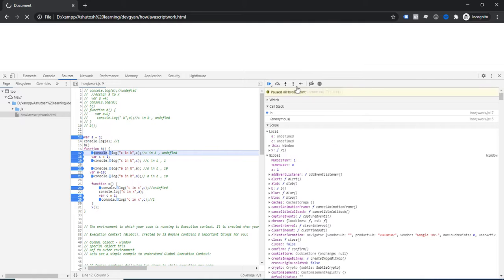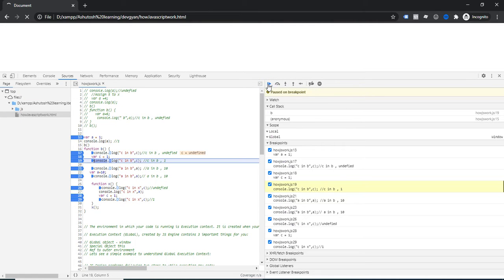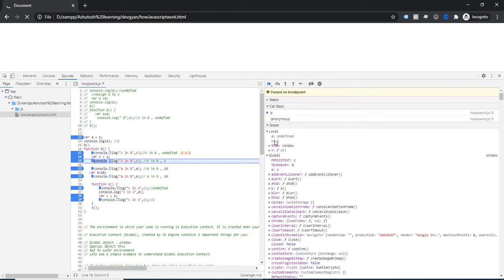Now if I resume once again, you can notice that in the local the a value is still undefined, because line 18 is not executed. Again I am resuming. You can notice that the c value is here 1, because you changed the value of c from undefined to 1.